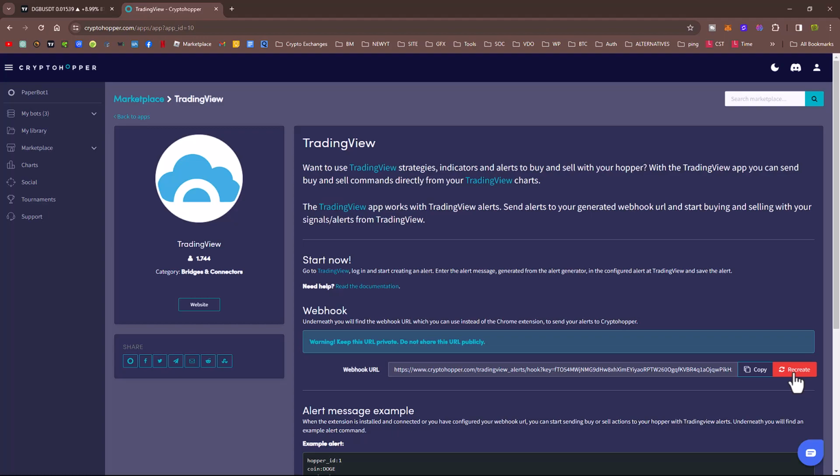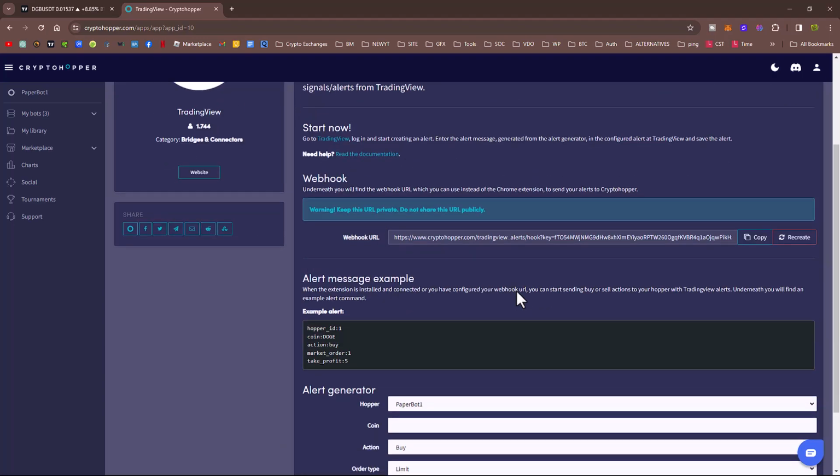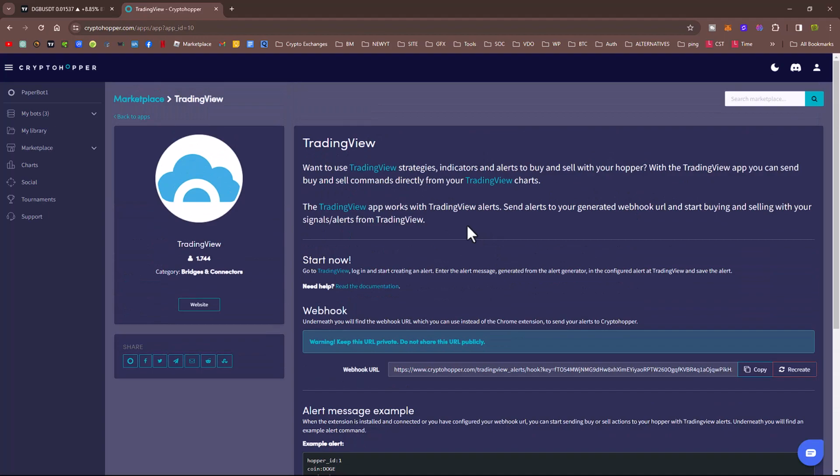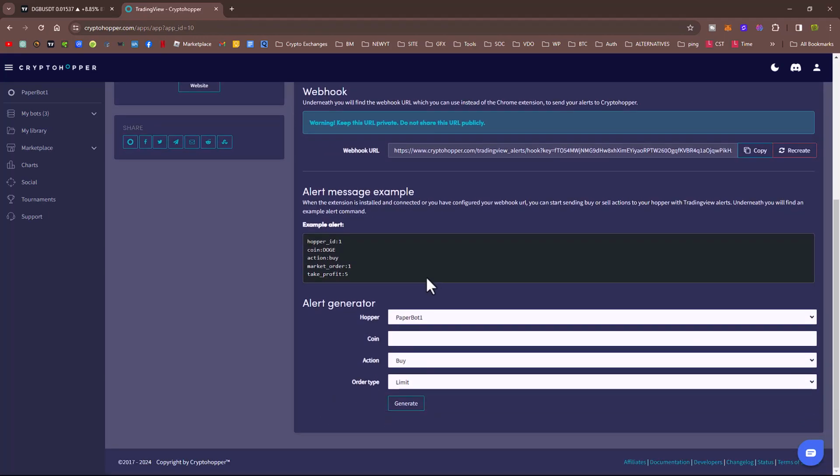So don't let anybody see your webhook, otherwise they might be able to use it to do contra trading on your bot, especially if you're using real money in your bot. As you can see here, you've got to make sure it's on the right bot. Okay, that's my paper trading one. You've got to choose your coin here, so it could be, let's say,